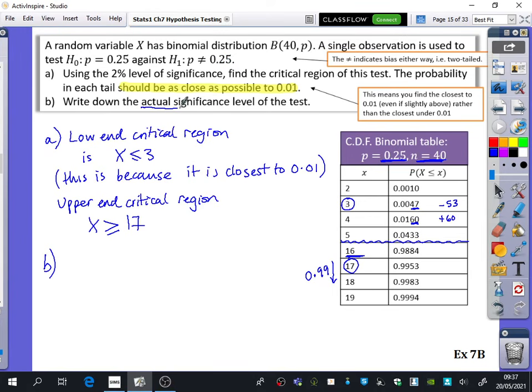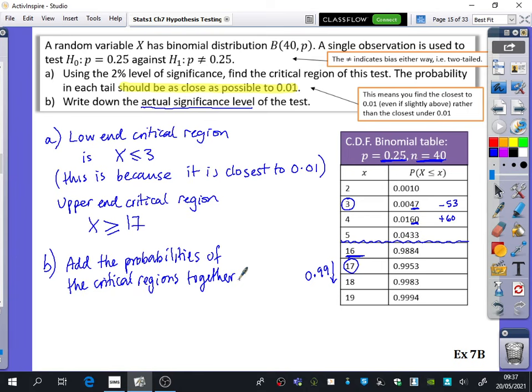Part B wants us to write down the actual significance level. What this means is to add the probabilities of the critical regions together that we used, okay? So that means we're going to be using this percentage that we've got here, which is 0.0047,